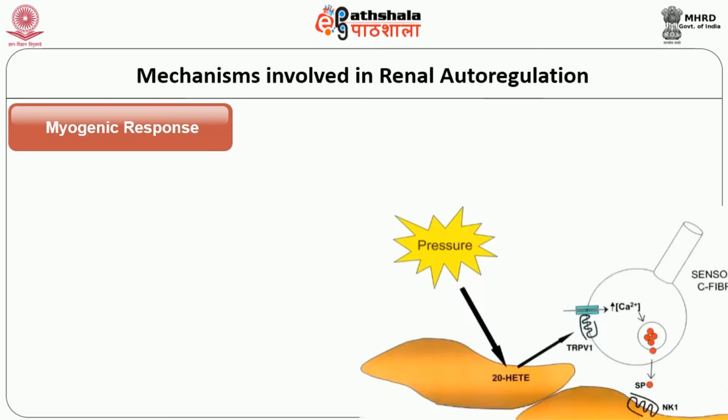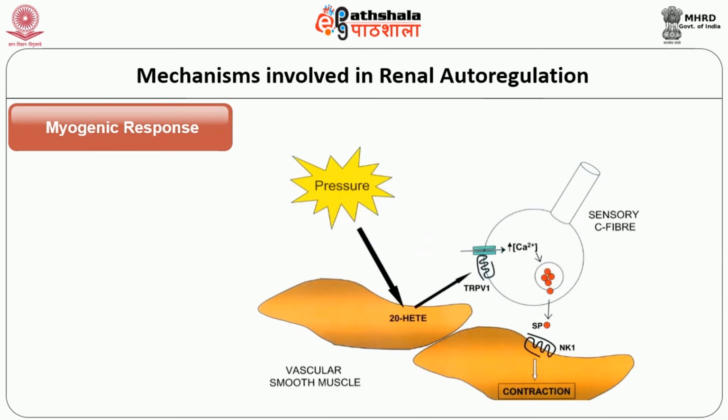Whenever blood flows into the kidney and the volume of blood flow increases, it stretches the elastic wall of the afferent arteriole. This increases the influx of calcium ions from the extracellular fluid into the cells. The influx of calcium ions leads to the contraction of smooth muscles in the afferent arteriole, which causes constriction of the afferent arteriole. Hence, blood flow is automatically decreased.